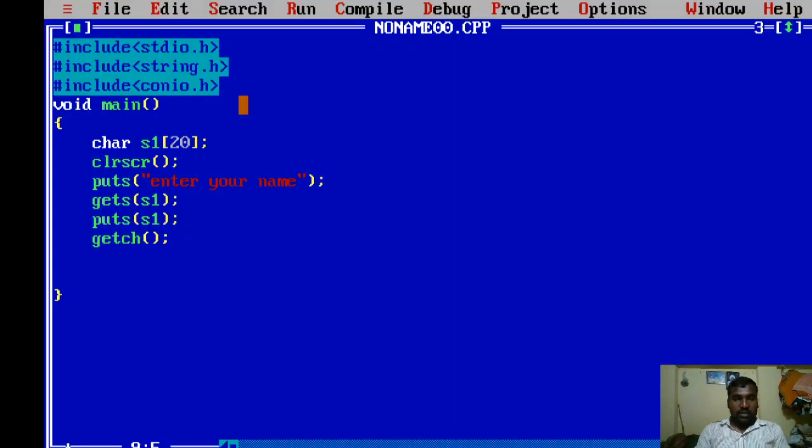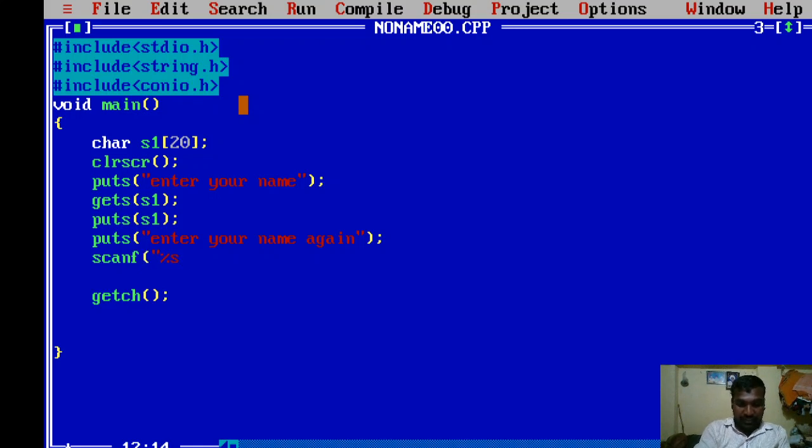If you use printf and scanf functions, for example, again I am writing puts enter your name again, and trying to read it with the help of the scanf function.